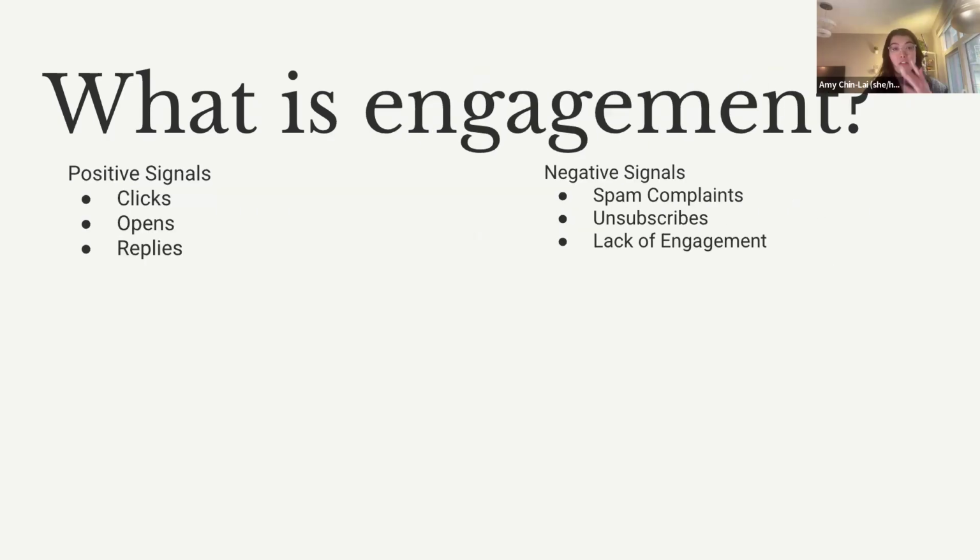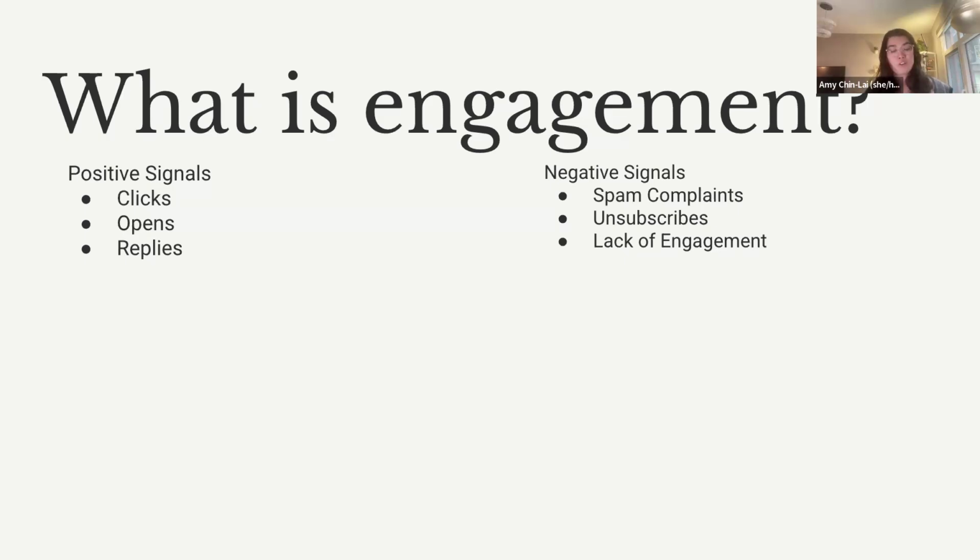And the key to good deliverability is engagement. Deliverability is, of course, determined by a multitude of factors, but this is the most important. And you have control over engagement in many respects because you want people to engage in your emails. You have control over the content. So engagement is generally made up of positive and negative signals. In your CRM, like Action Network, you will see some of these signals in your statistics.